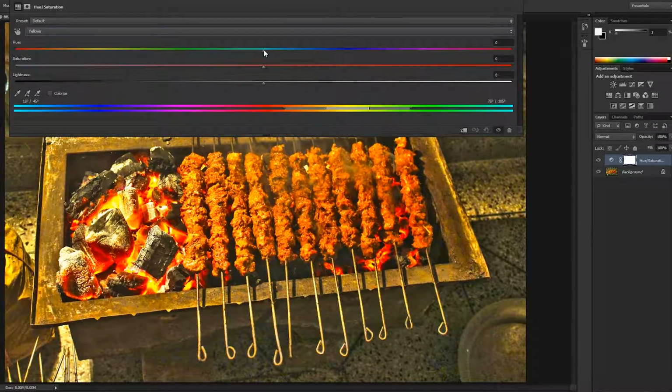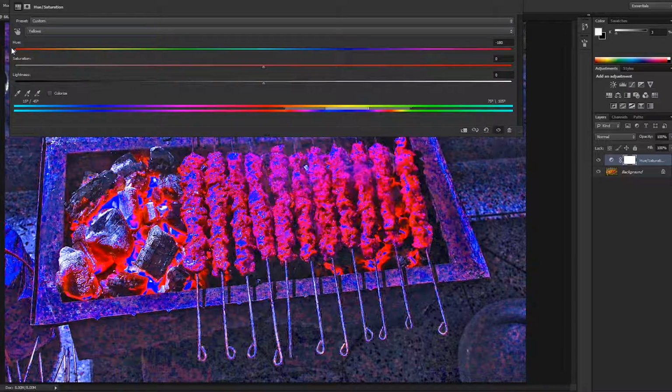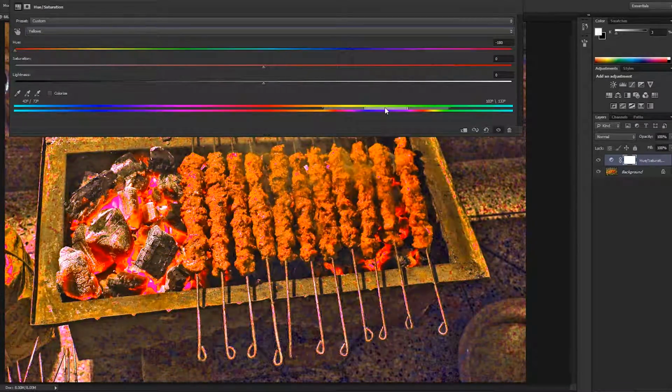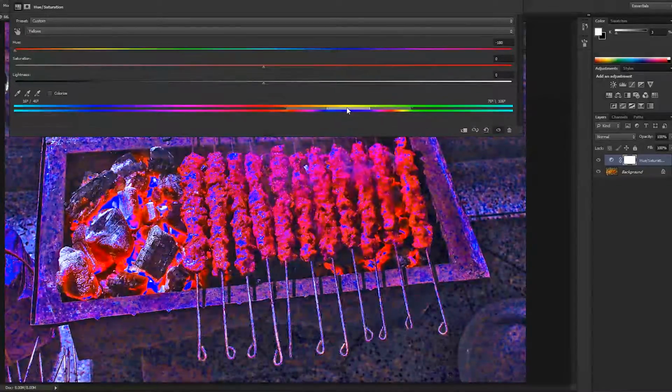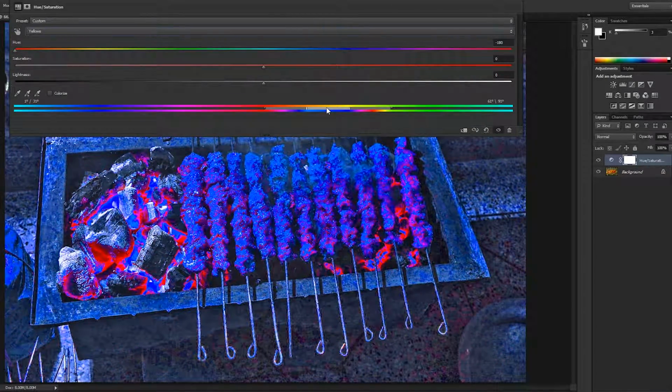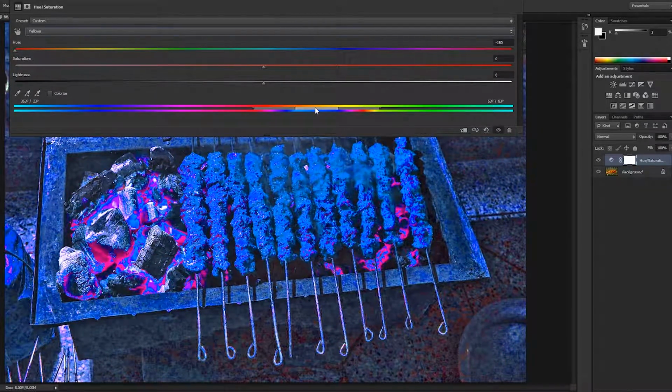First you need to go to hue panel and drag it to the leftmost. Don't get upset because this is just a preview, this is not the actual one. Then you need to go to this lower panel. As you can see, you can increase it. If you go to the right side, this is our normal image. So if you go to the left side, as you can see, when this total image selected the yellow tone,